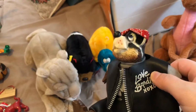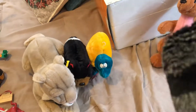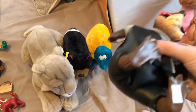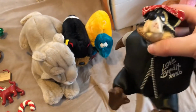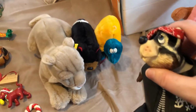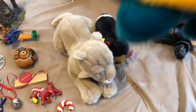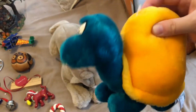This was also from Silver Creek Thrift. He is a love bandit, so it's the only thing I could find that's Valentine's Day like. Little raccoon, I like his cute tail. He does have a hard time sitting up straight, though. He's this weird plushy thing in the middle and this figural sculpture. But he's adorable. He was $1.50. I think she was 50 cents or a quarter. They put their vintage animals at a little higher price, so he was $1.50, and I've been looking at him for